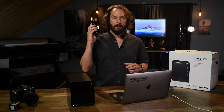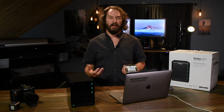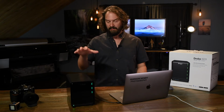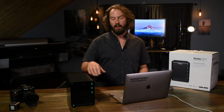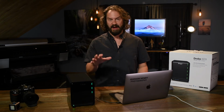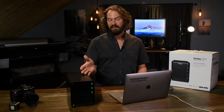It's also, by default, going to keep all of your data on more than one drive at the same time. So it solves another problem that we all have, which is the need to back up everything. I still don't consider this a complete backup solution. I think that just in case there's some fault with the Drobo or a power spike or something, you should have your data backed up in more than one place. I'll talk about that in a minute. But this at the base level gives you a really nice level of base redundancy